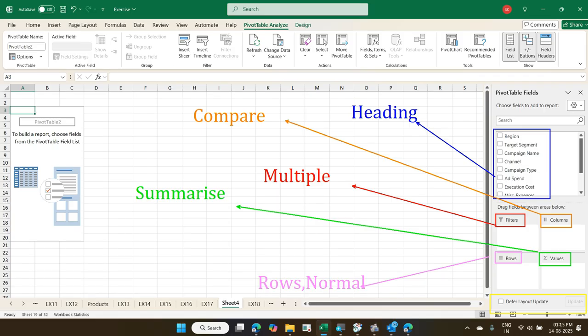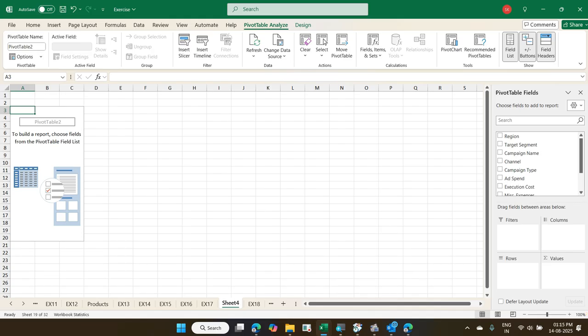Now what is my wish or expectation is we want to create a report region wise, segment wise: sum of ad spend, sum of execution cost, sum of miscellaneous expense, sum of lead value and sum of net profit. So which has to be dragged where? That's a big question mark here. I want region wise and segment wise. Whatever I am saying, wise, by what? I want sum of ad spend, sum of execution cost by region wise,